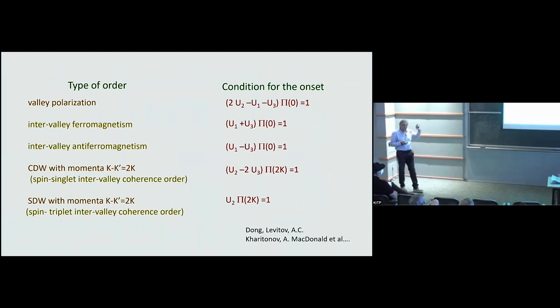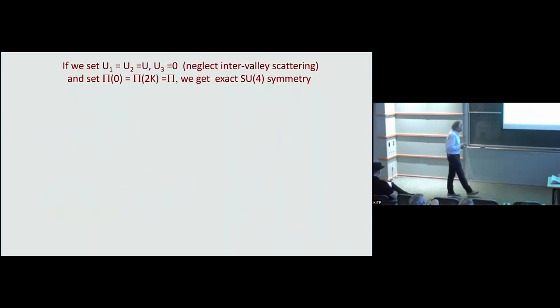And this way, it becomes basically a zoo story that I can play with polarization operators, I can play with interactions, and I can find actually any order that you want to be the leading order. What I want to do is to constrain the theory a little bit more and say that what if we only